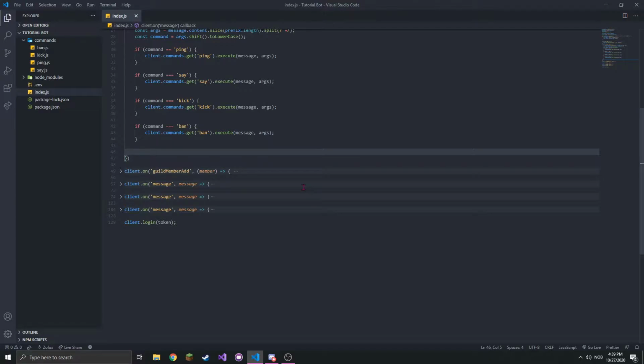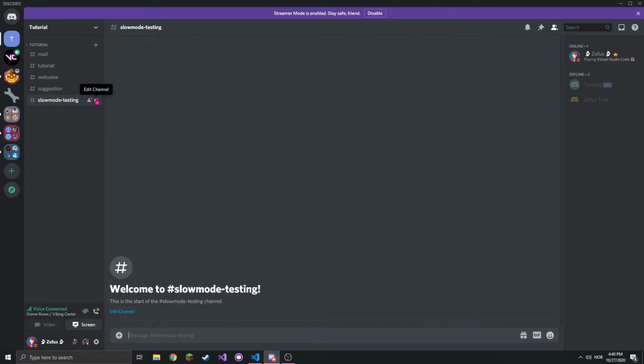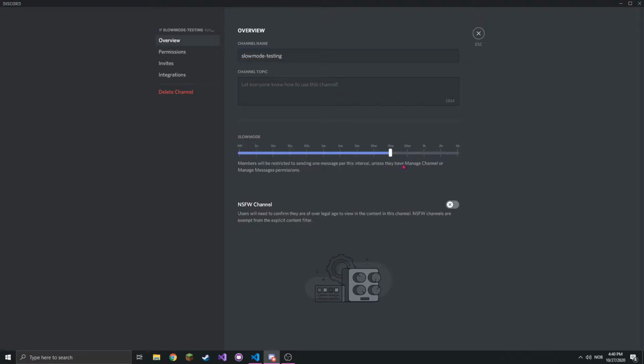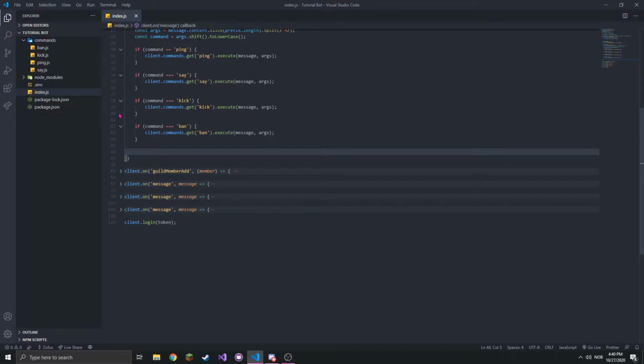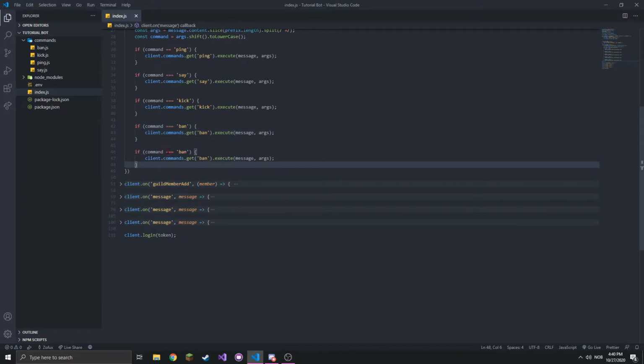In this video we're gonna get started on making a slow mode command, so you don't need to go into your edit channel and then choose here. We can just make a command. So let's get started on that. The first thing we need to do is to just take the if command statement and make that for the slow mode command